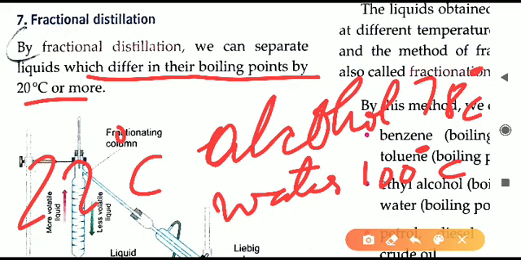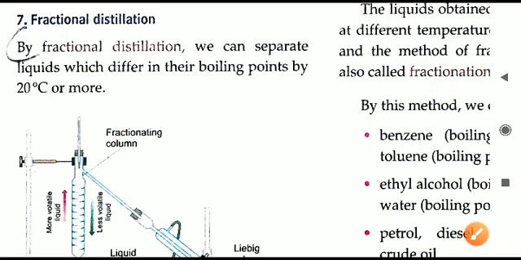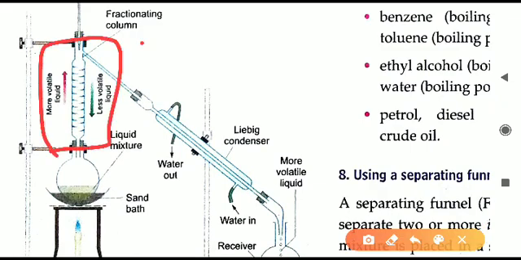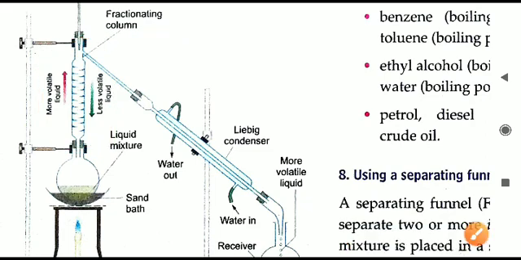So alcohol and water both can dissolve easily in each other. And how we will separate them now? For that we can use the method of fractional distillation. Now as the name fractional is coming, for that is because of a special type of apparatus that is given here. It is called as fractionating column. In this fractionating column, you notice here two things are written: less volatile and more volatile.